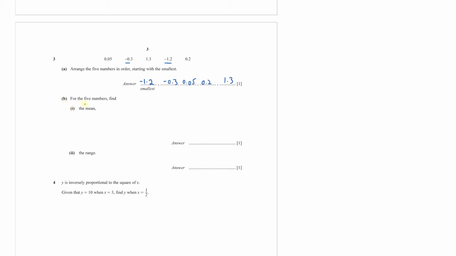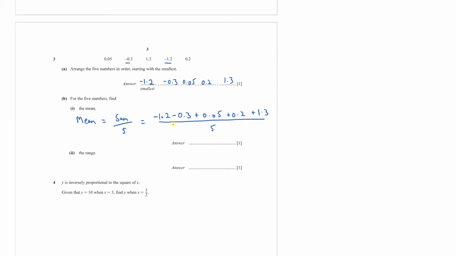Part B is for the 5 numbers, find the mean. So your mean is the sum divided by the number of values, which is 5. You have 5 numbers, so sum over 5. Let's calculate the sum. Let's add them all together. I'll add them using this order from smallest to largest. So minus 1.2 plus minus 0.3 plus 0.05 plus 0.2 plus 1.3, and then the whole divided